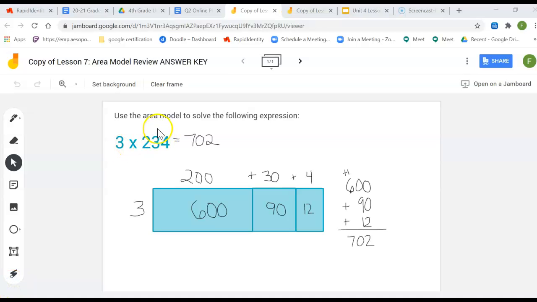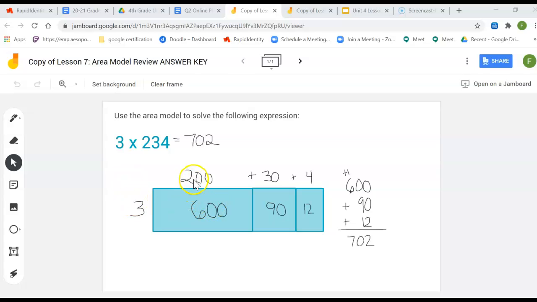So you've had an opportunity to go ahead and solve this problem. Here is my answer to that same problem. So using the area model to solve 3 times 234, what I have done is I've decomposed the 234 into 200, because the value of the 2 in the hundreds place is 200. The value of the 3 in the tens place is 30. The value of the 4 in the ones place is 4. So I decomposed it to be 234, and of course I put the smaller number over here, which is the